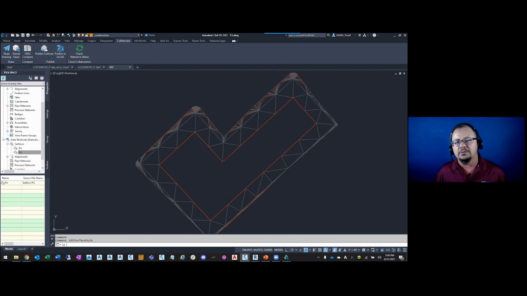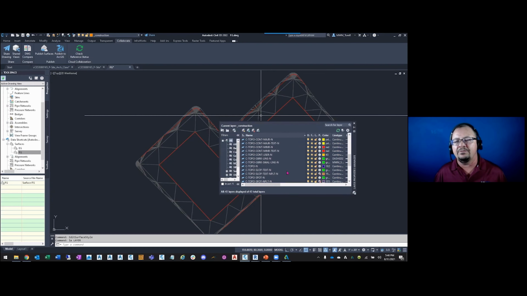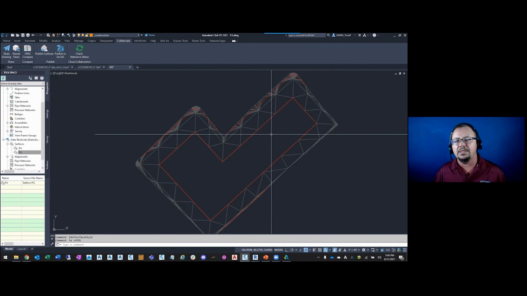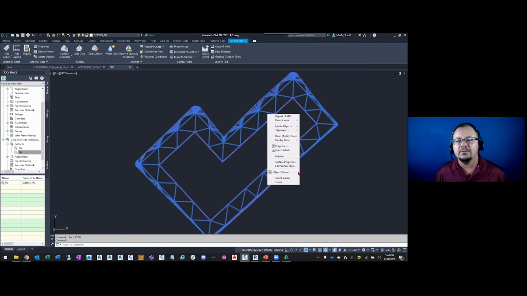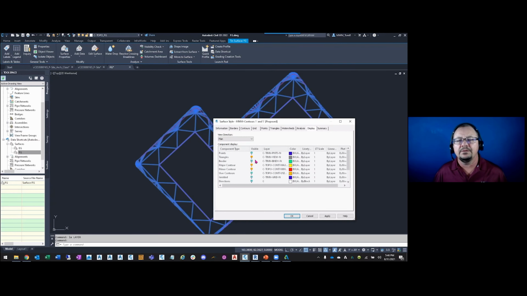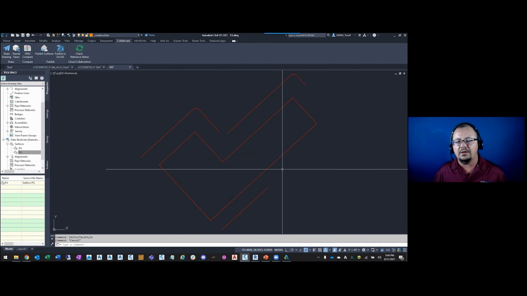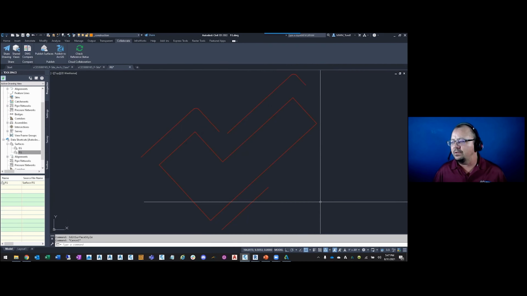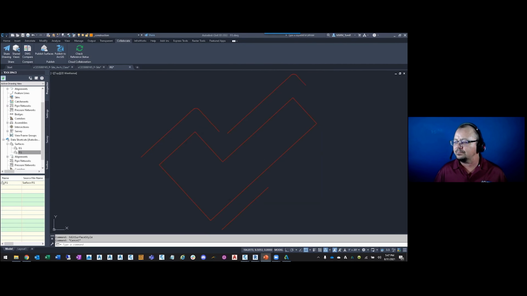So if you look at my layer manager, you'll see that I have turned all the layers on. The other thing I did in this export drawing is I set my units to unitless, and I made sure there was not a coordinate system assigned to this drawing. So I'm going to set that back. So that's what it was when I exported that file. And we're basically done with this part of the demo. That's how you publish the surface.